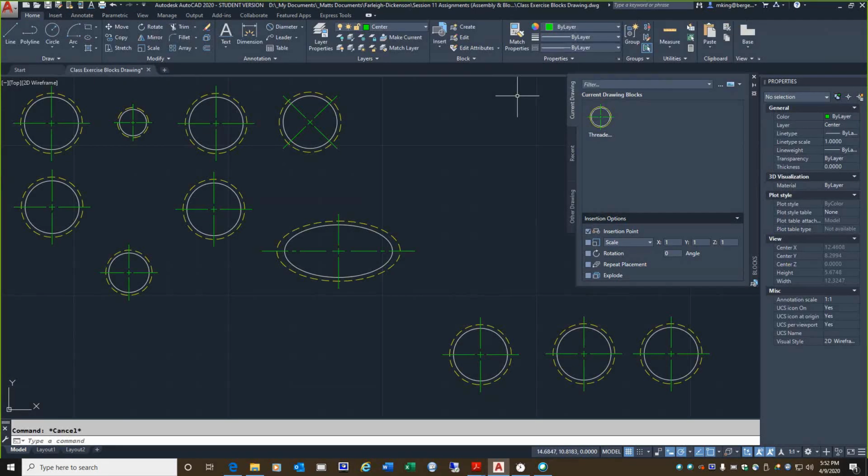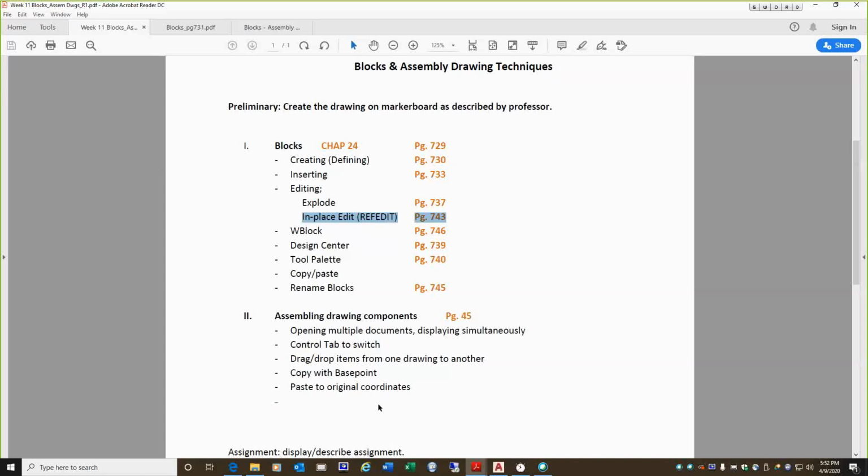Okay, so the next phase of this, after we've gone through a couple of editing examples, is the next command on the list that we're going to talk about is called WBlock, right? Which is write block, right? As in saving to disk, WRITE. And this is valuable, okay? So with a write block,